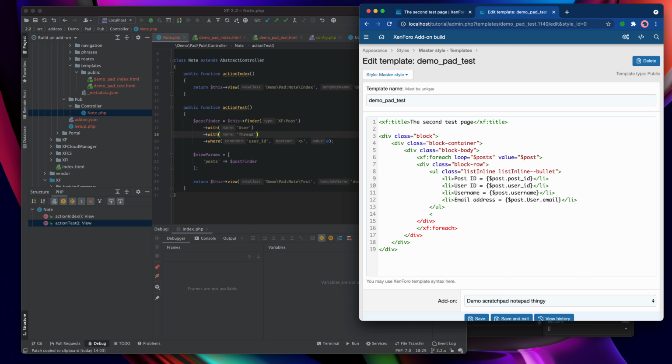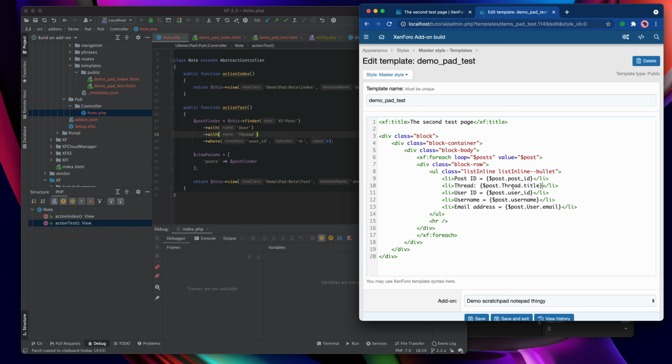We'll just have an HR, and then let's say from here, the thread, can't actually type, is $post.thread, the relation, .title. Now, this is a useful thing to note.